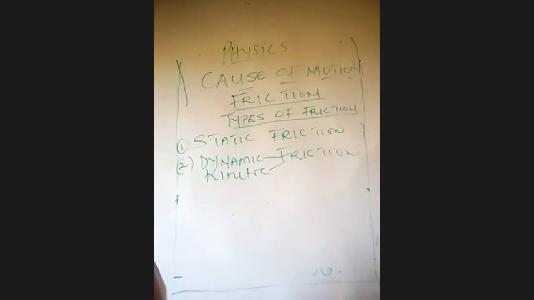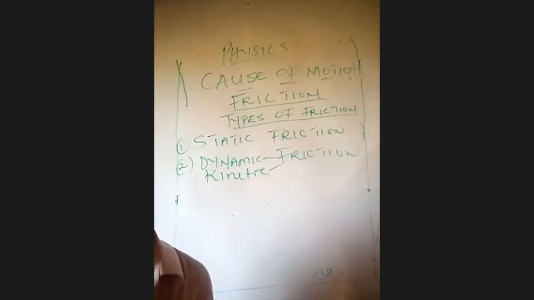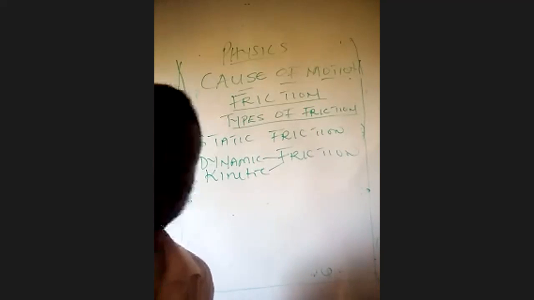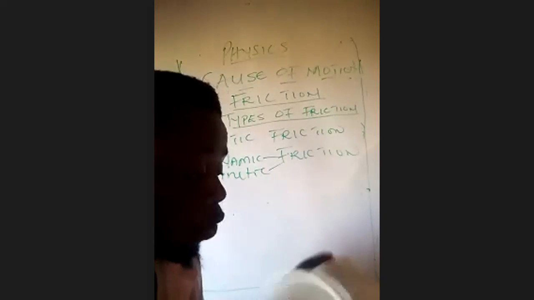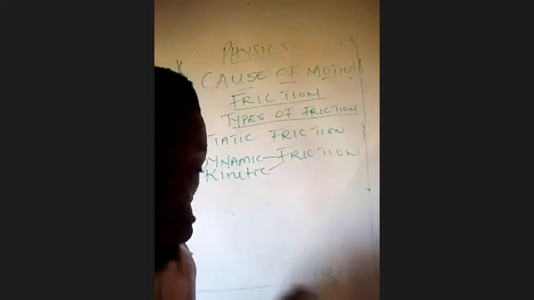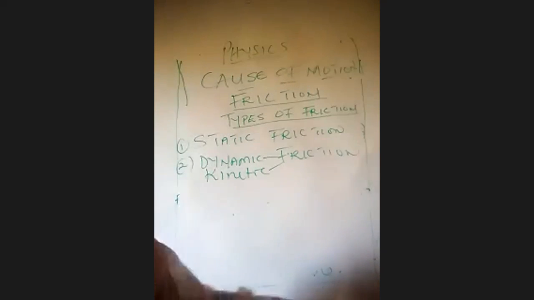What you also need to understand is that the frictional force depends on the nature of the two surfaces in contact. That is the nature of the substances and the condition of the surfaces, such as rough, smooth, polished, wet, dry. Something that is smooth will move differently from one that is rough or one that is wet.